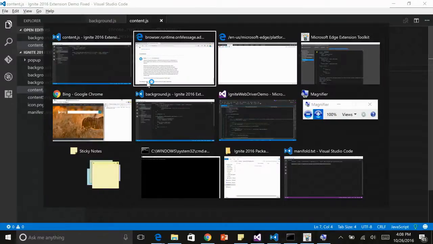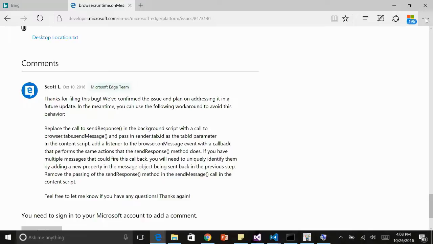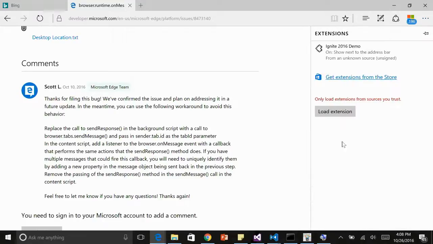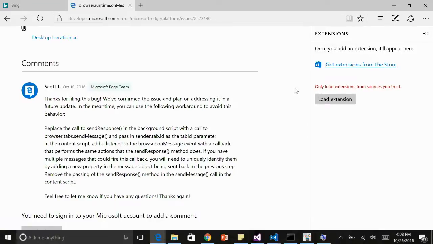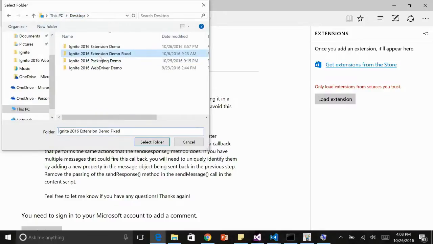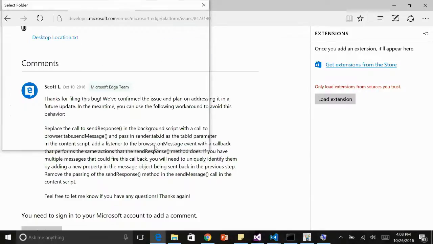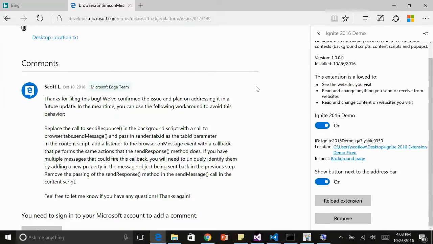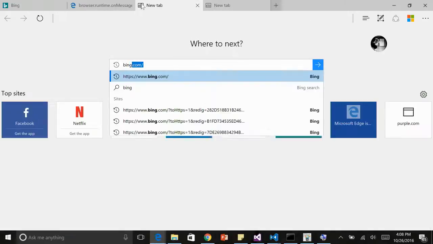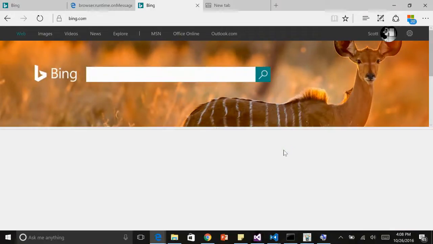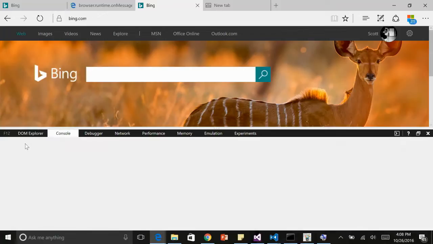So if we want to see what this looks like, we can go back into Edge. We can click on the More menu, click on Extensions, and right-click and remove the broken extension that we have. And we can load up the fixed version of the extension here. And I will quickly promote that to the address bar so we can see what's going on. And if I go to bing.com, open our console here,